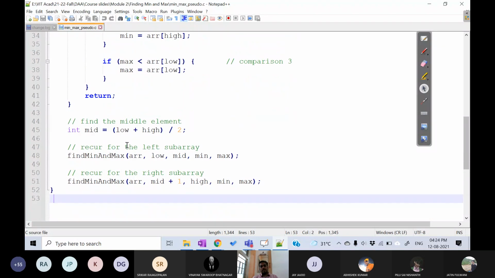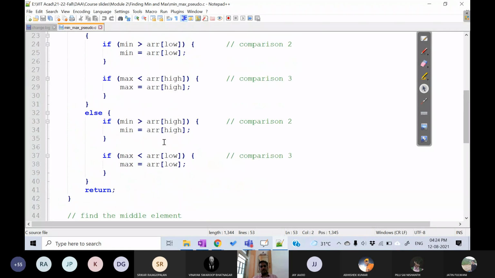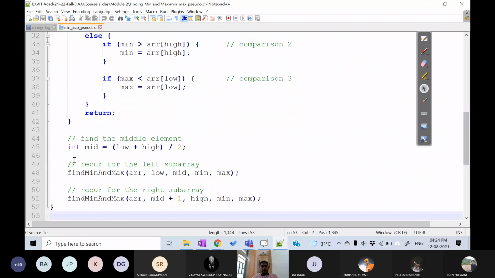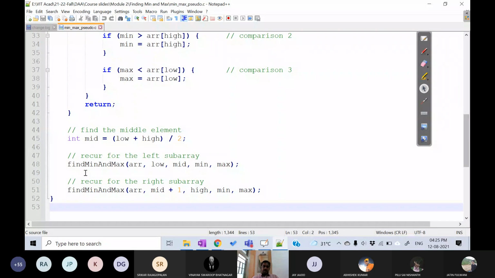Then now we can go to the recursive part. What is the recursive part? Recursive part is the division process. Find out the mid equal to low plus high by 2 always. You can perform the integer division. Or if you declare it as int, you will get the integer part alone. So this program will be correct anyhow.